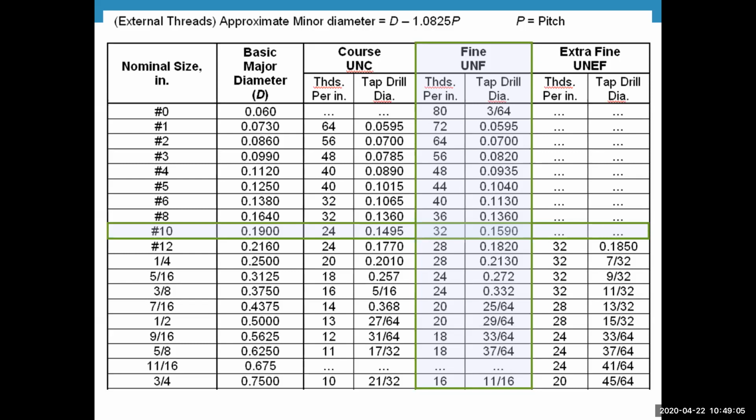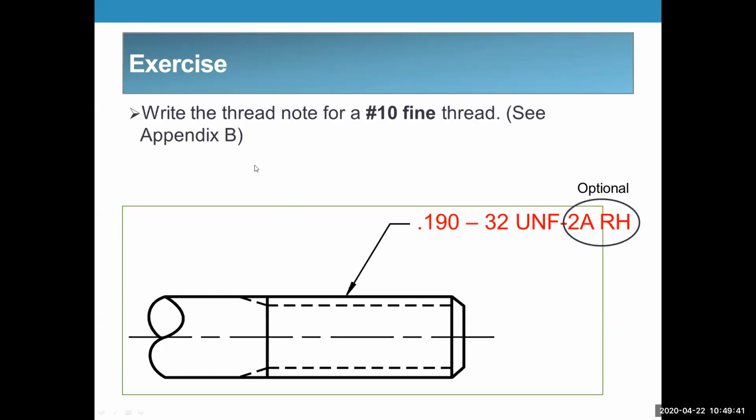So again, SolidWorks, or any CAD program, at least a 3D that's got any substance to it, is going to do that. But imagine the 2Ds. When I think about AutoCAD of old, there was never an automatic callout for a tap hole. You still had to do the callout manually on the thread note. So you still had to organize the information, and this is what it would look like, except that this is